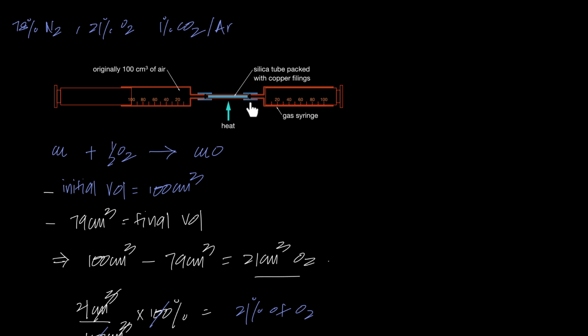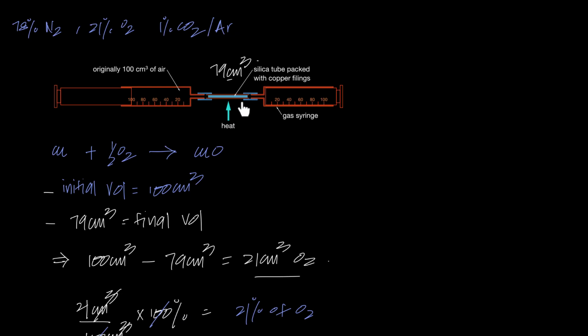So you're going to push this inwards again so that the volume of oxygen that was left behind also reacts. And then you push inwards again and again till the volume of air becomes constant. And that's going to be literally 79 cm cube, which will be left behind if you perform the entire experiment accurately, right? And you'd realize that one thing you also need to do is that you need to continuously heat